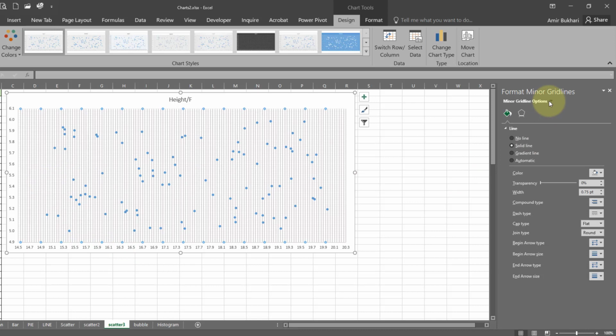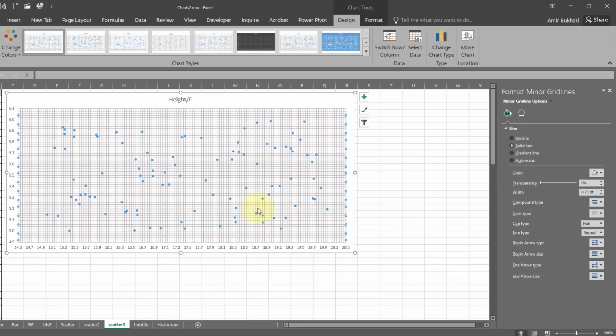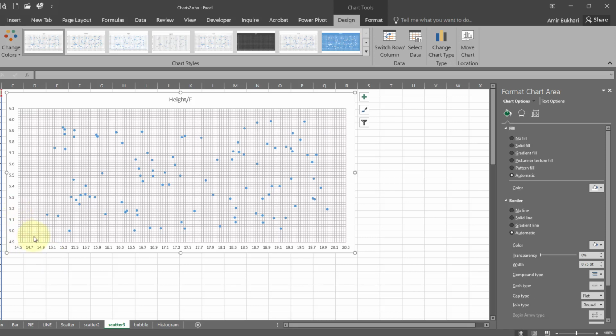Now similarly we can come back here and select the vertical axis, again solid lines. Now you can see it shows the complete graph or all the grid lines. So you can pinpoint the value. You can see here it is easier to pinpoint your data on the basis of these values.